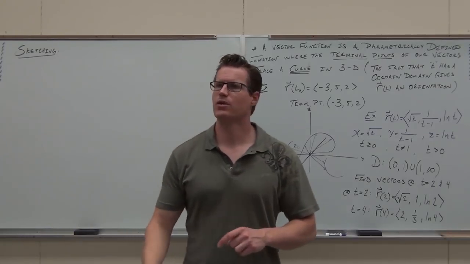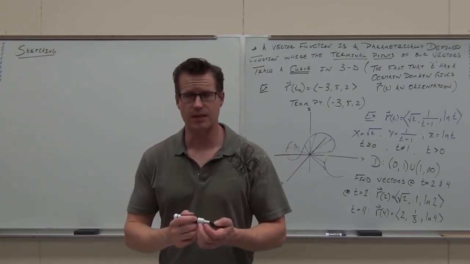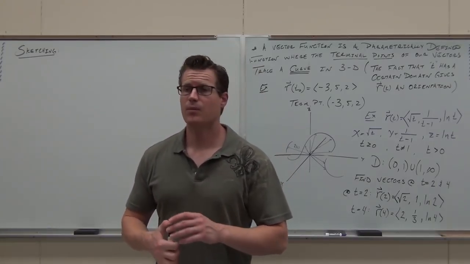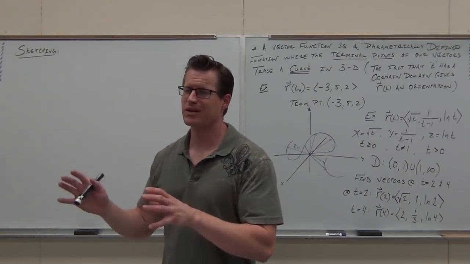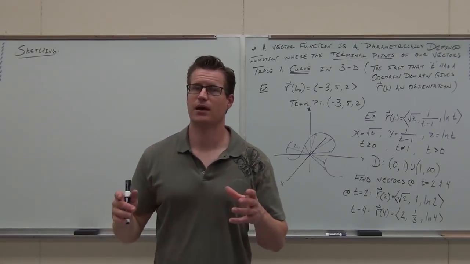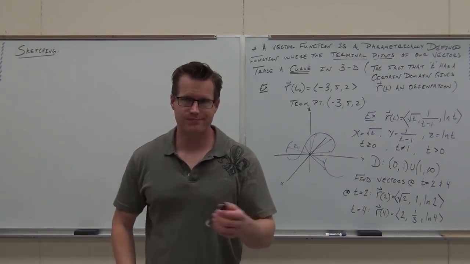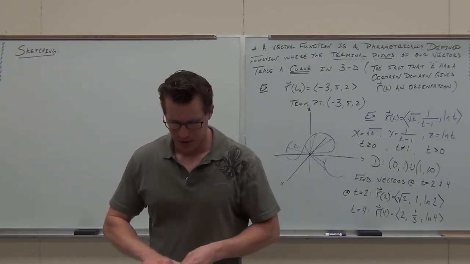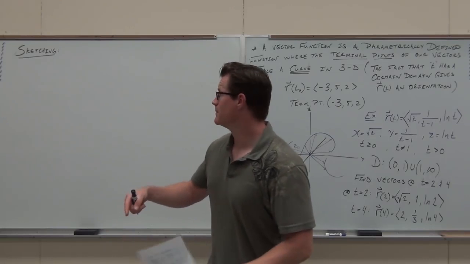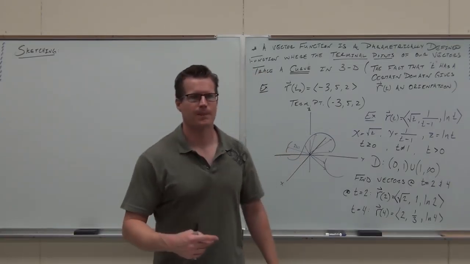I'm going to give you the general rundown. Some of this is not going to make sense yet because we have not done an example yet. But I'm going to give you the general rundown about how you sketch pretty much every vector function, provided it's on a normal type of surface. So here's our general idea. Number one,